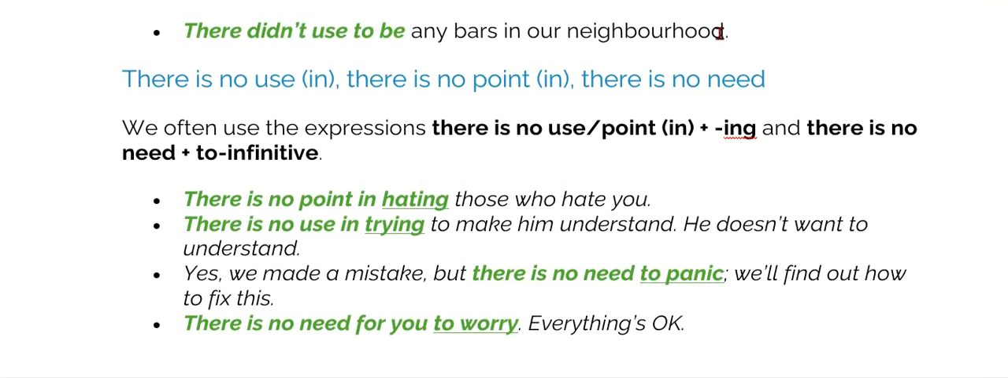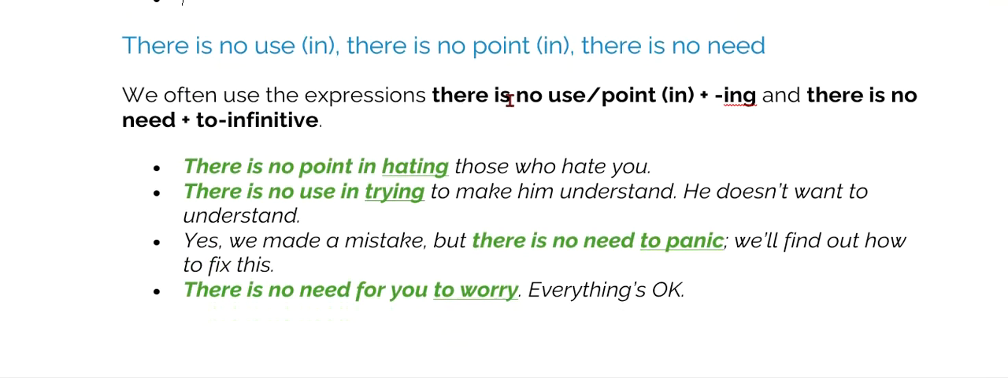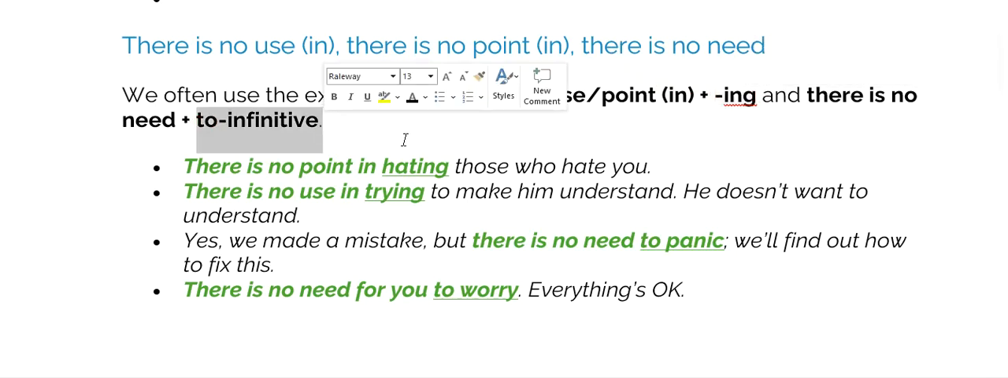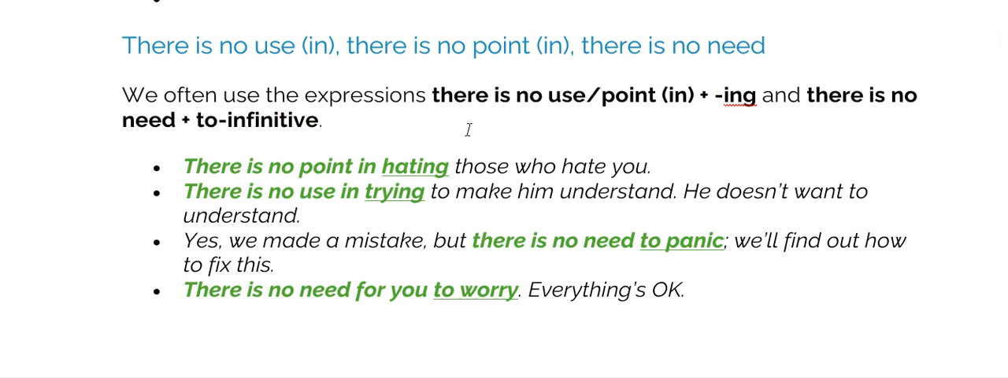We can also use the structure there is no use in, or there's no point in, also there's no need. We often use the expressions there is no use in, or there's no point in plus verb ing, and there's no need plus to plus verb, or an infinitive with to. So remember, after there's no use in or there's no point in, we have to use verb ing because in is a preposition. And as you may know, after all prepositions in English language, we have to use verb ing or a gerund. But after need, we need to use an